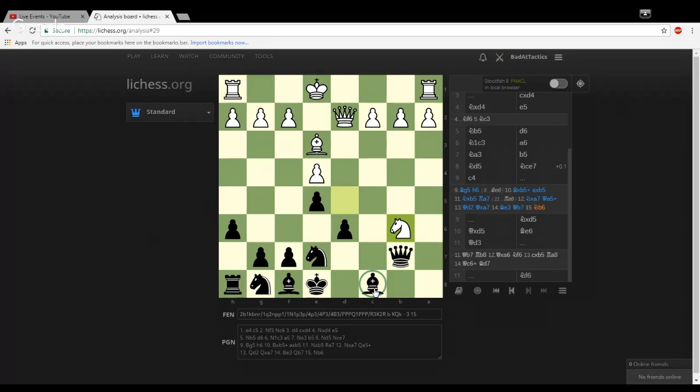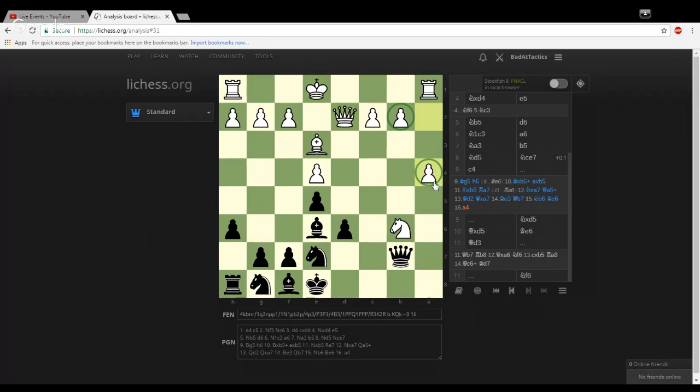Let's see, what is the recommended move? Knight B6, knight E6. And now we have these 2 passed pawns to contend with. D5 and A5. So this was a game between